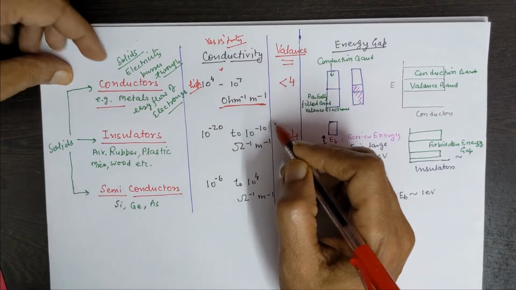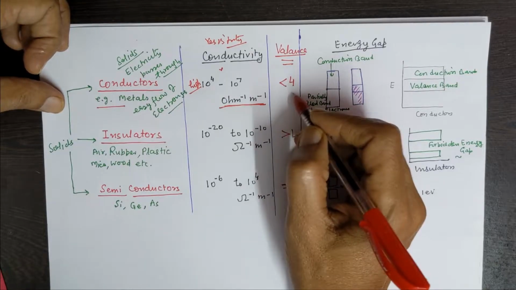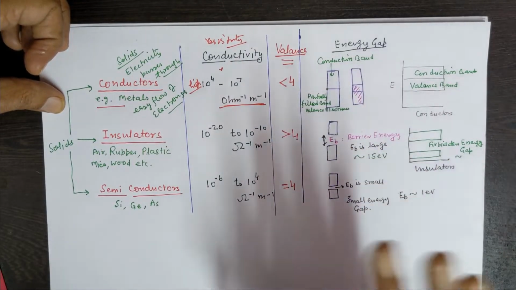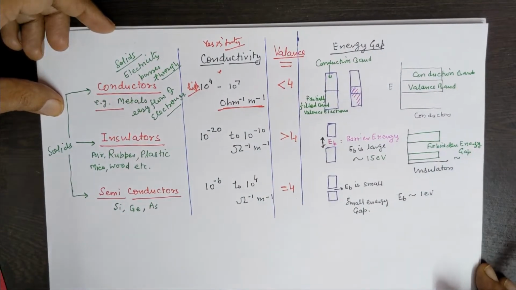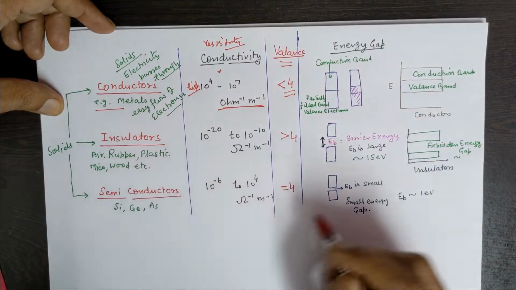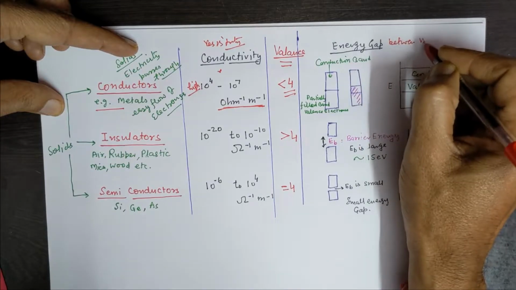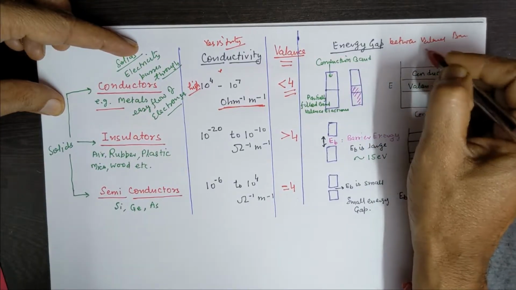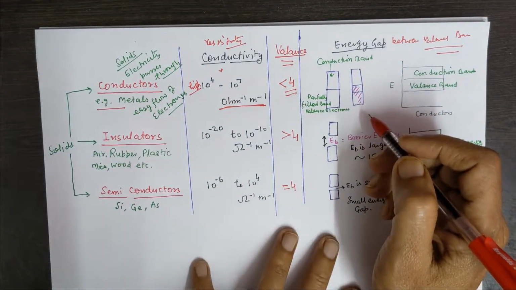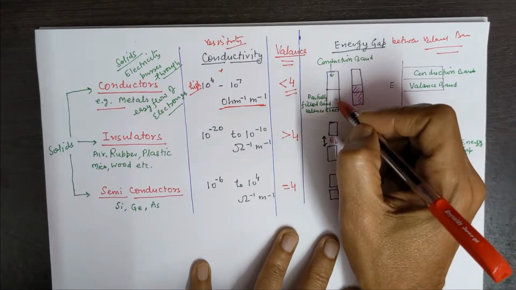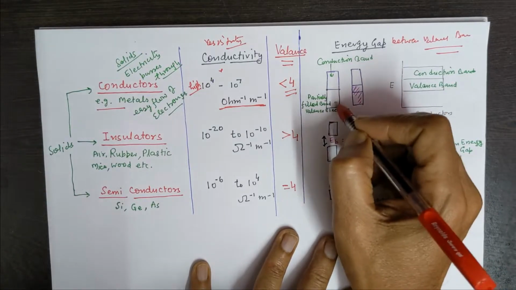Now valency, generally the metals have valency less than 4, so that the electrons can transfer from valency band to the conduction band. And if we see the energy gap between valency band and conduction band, that is very small. See, this is the, if diagrammatically हमने डायग्राम से ये बताया है कि